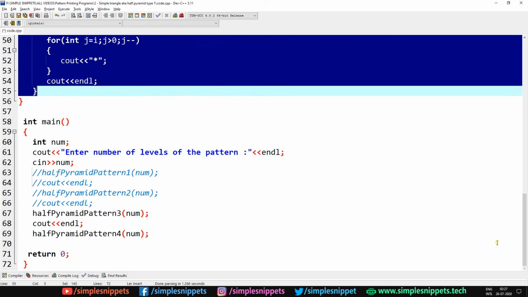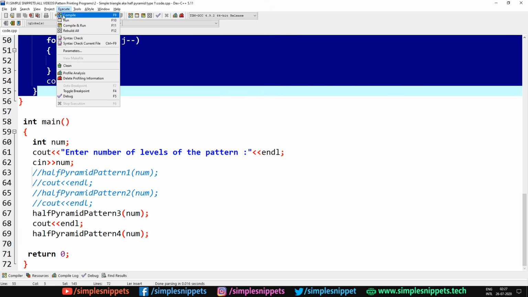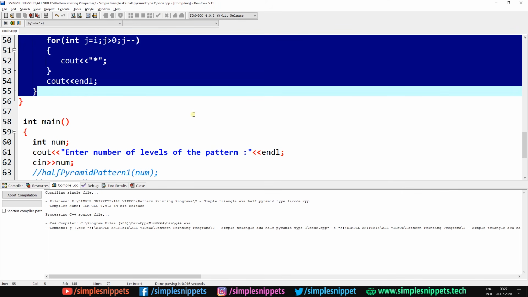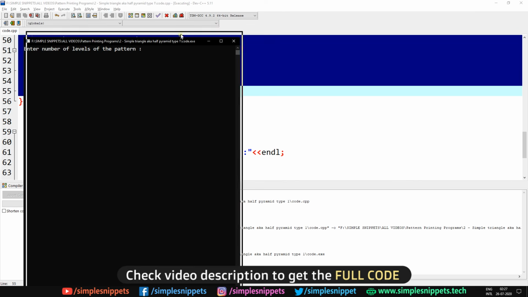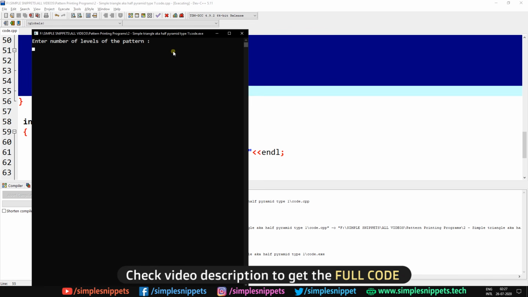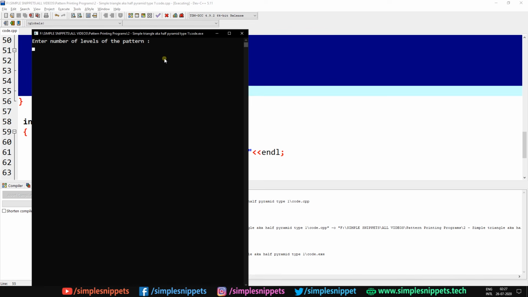So yeah, I'll just save this and let's quickly compile and run. It should work. Don't worry guys, I'm obviously going to be sharing this entire code with you on our official website, so you can check the video description if you want this entire code. If you're a beginner, please just type this code yourself. Even if you're just looking at it, don't just read it, just type it with your own hands. That's the best practice as a beginner. This is something that I always recommend.